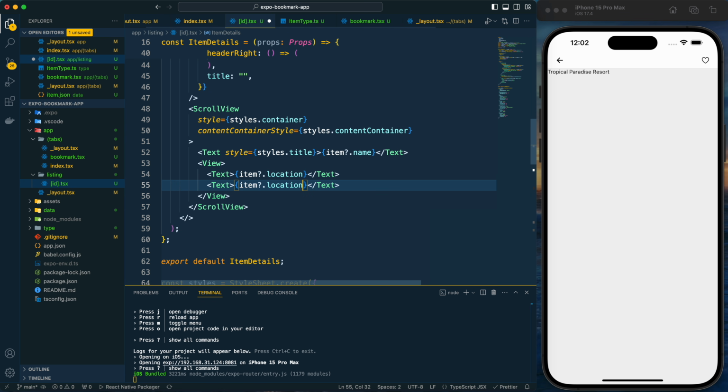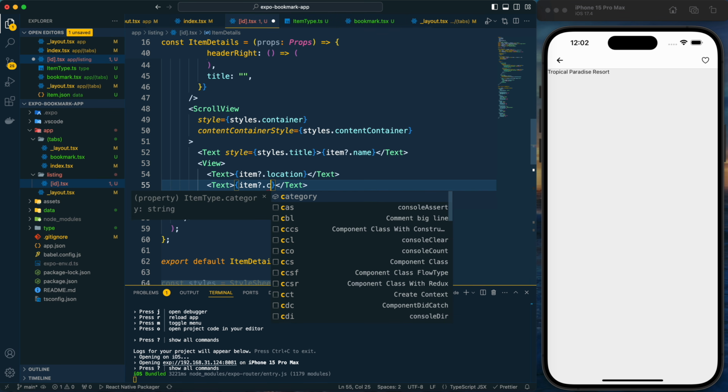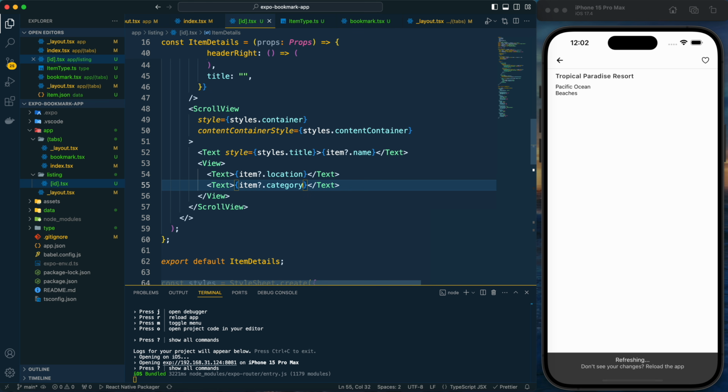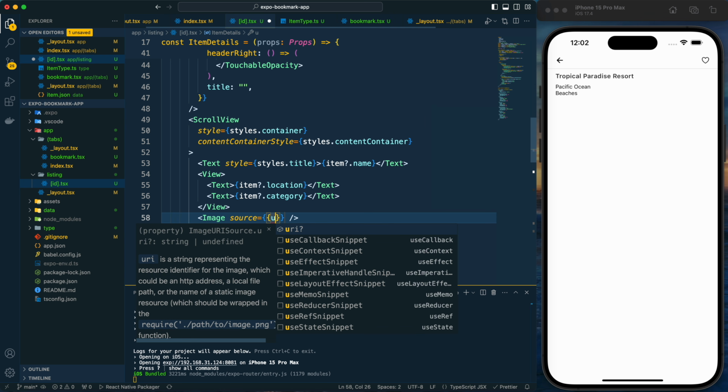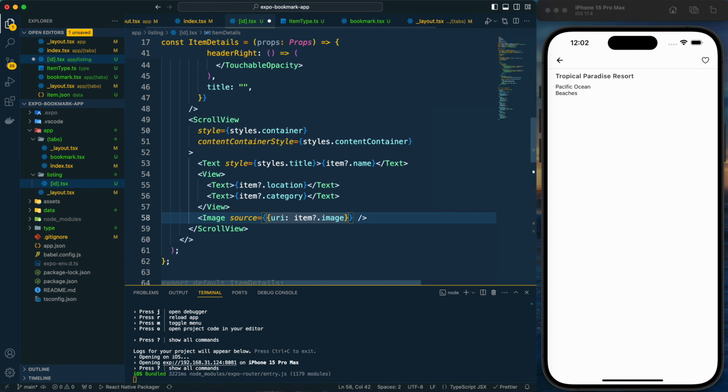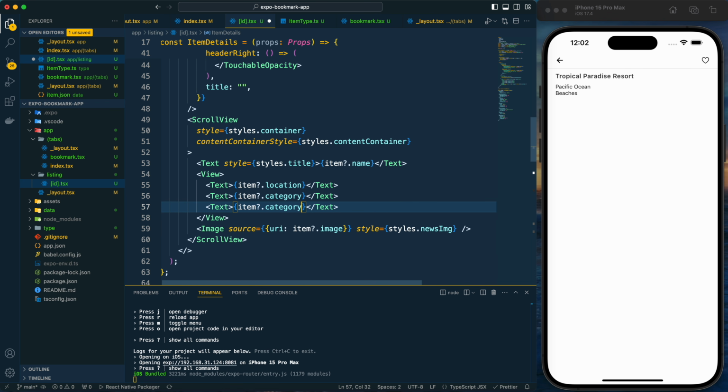Then let's provide the item location, after that item category within the view. Then we have the image. For the image source URI, it will be item image, and for the style of it I will provide this news image style, and after that it will be another text. So let me copy it and it will be the description.